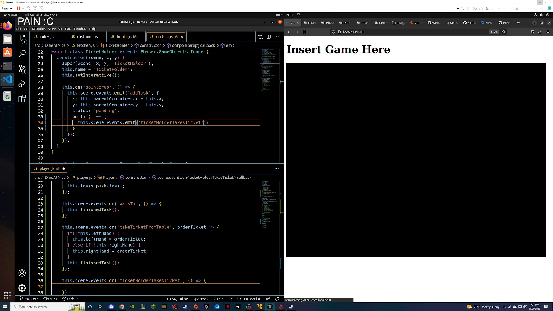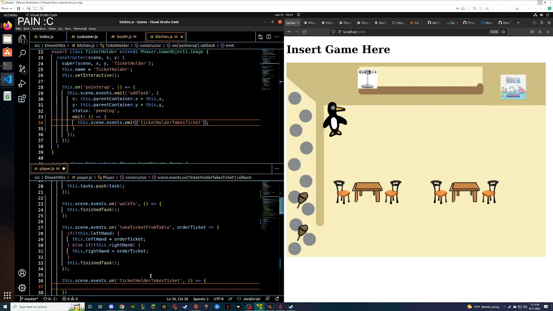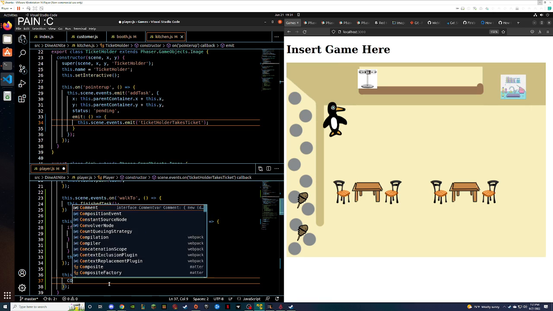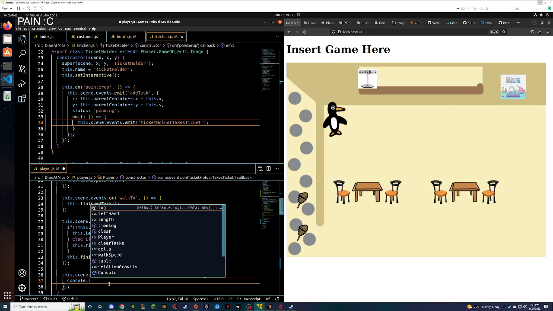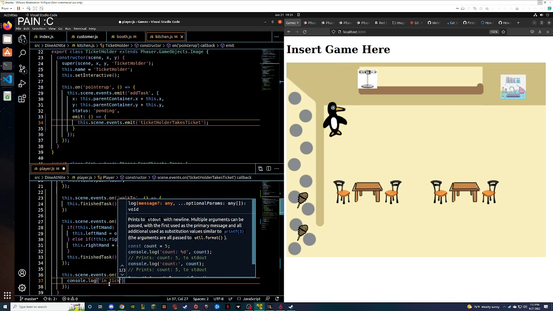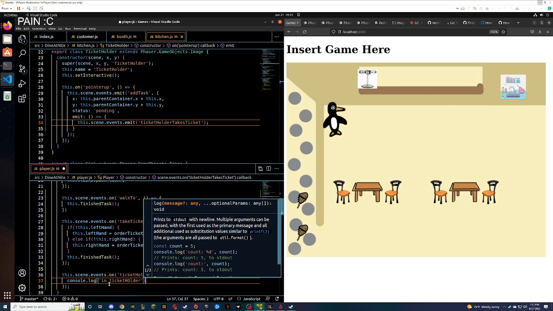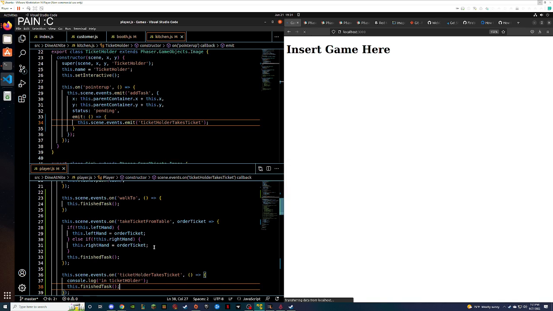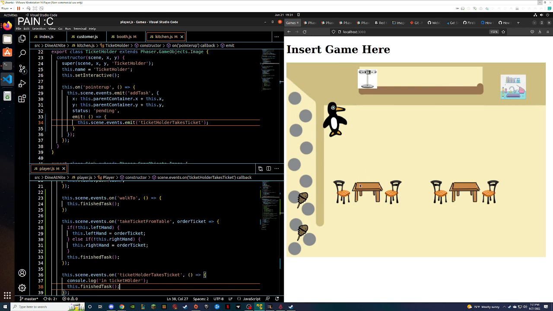So we're just gonna go with nothing for right now. Okay. Caps lock. Console.log in ticket folder. And then for right now, we're just going to this dot finish task. Boom.